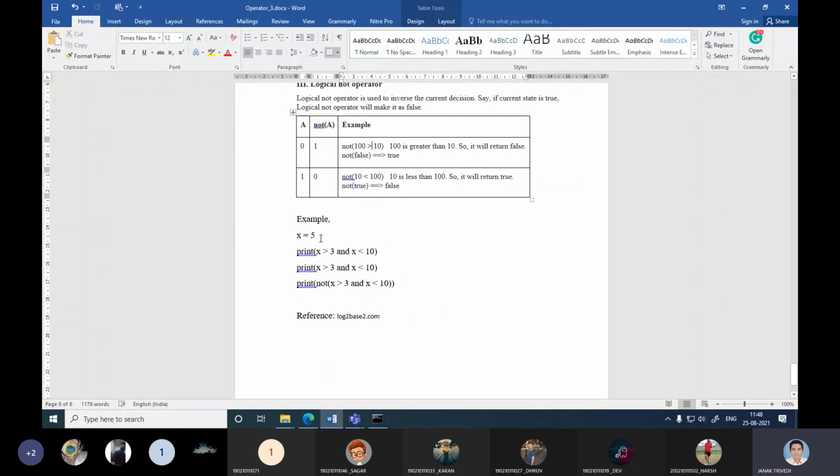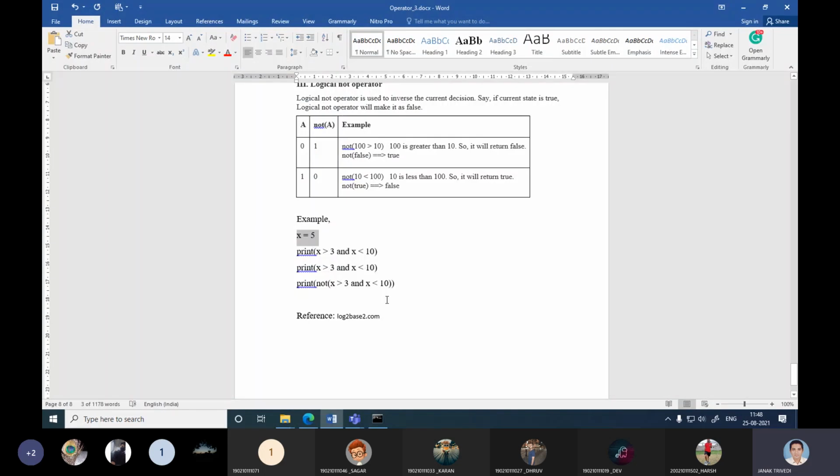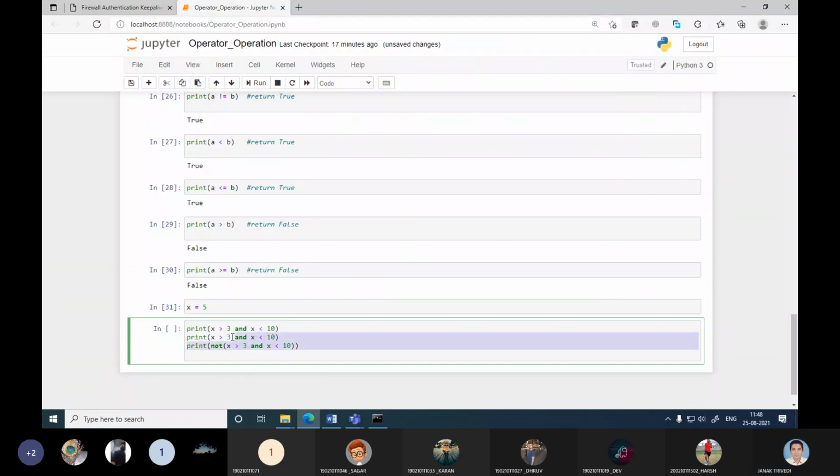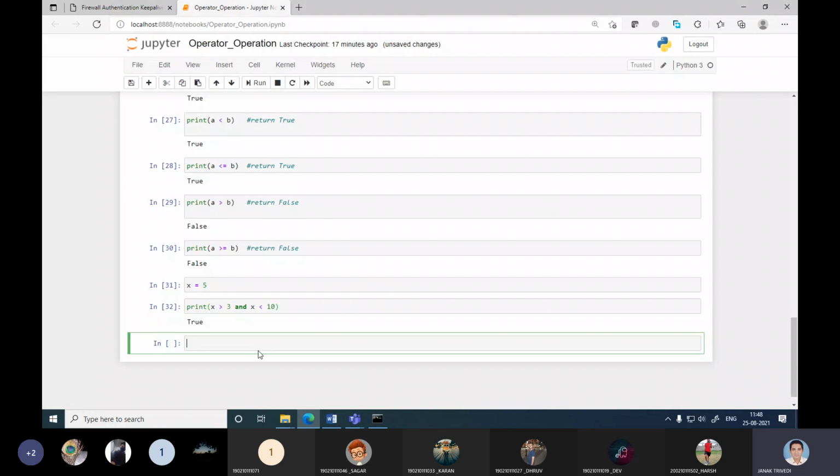Now we see the example like x equal to 5, and we will check one by one. So first case, the question: x greater than 3 and x less than 5. Okay, yes, x greater than 3, 5. Both conditions are true, and it is an AND operation. So the answer is true. Okay, then next,